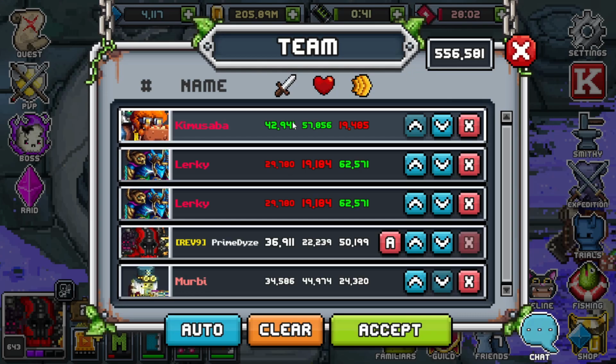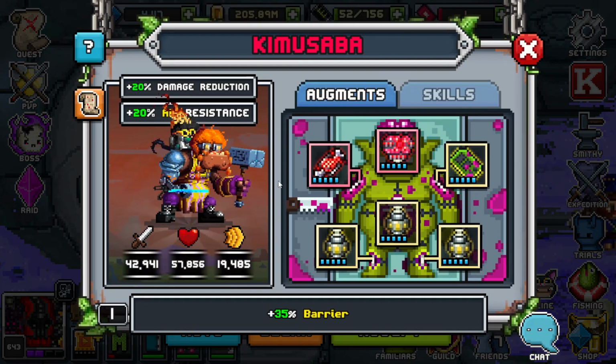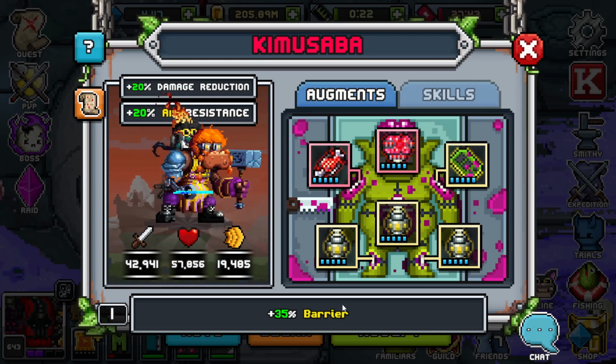That is all. Okay, so I just have Kimusa because what I saw is that barrier, if you have a familiar with barrier on it, for Washi, it will stop all the crazy attacks that Washi does, and this actually helped me sustain a little bit more so I can kill Washi. Okay,